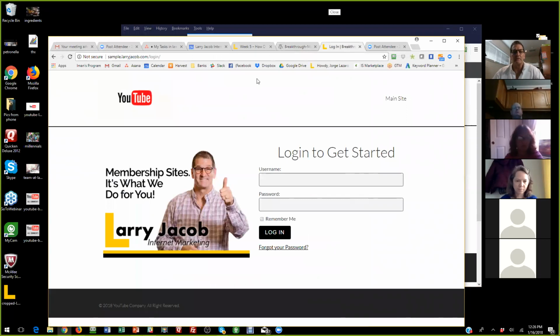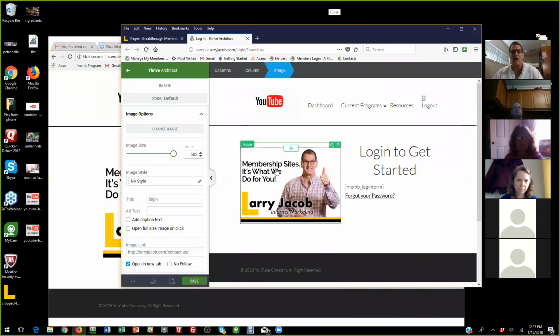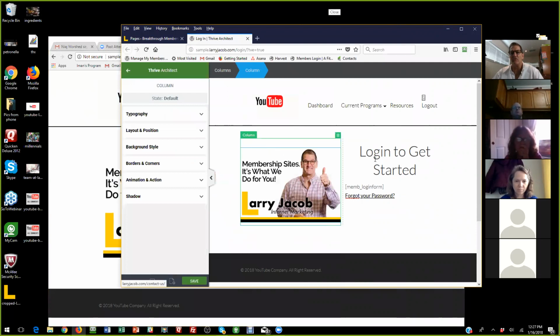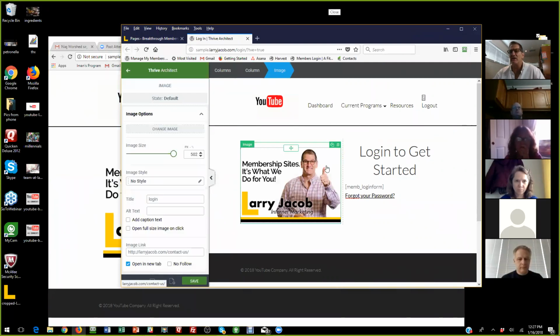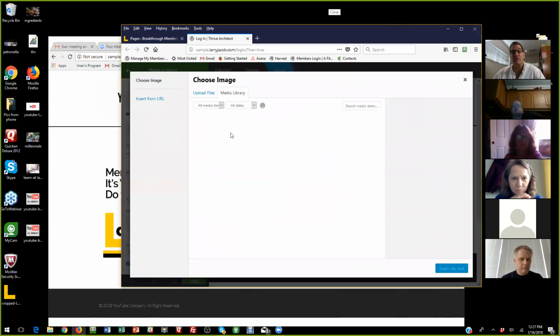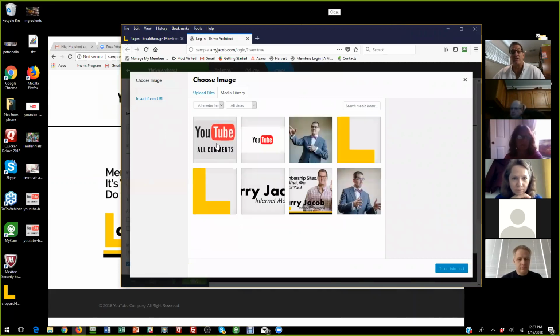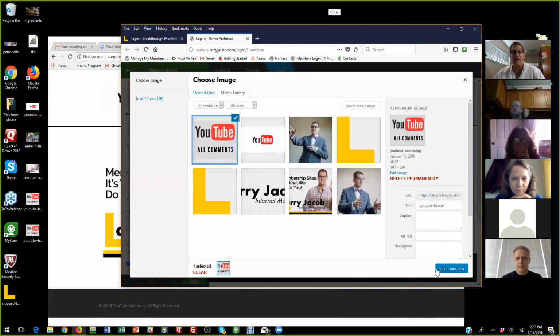So back to, so I'm going to click outside, and you got to click on the image. And I want you to notice that there are different little boxes. So these are actually 2 columns. So you always have to make sure that you're on the item that is of interest, and that the word over here and the word over here are the ones you're on. So we want to modify the image. Changing the image is pretty straightforward. You can upload a new file. I'm just going to jump in here and grab the YouTube